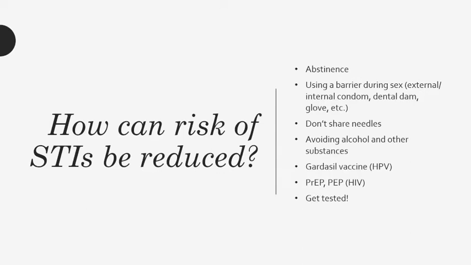Another option for people is PEP and PrEP. So these are both medications that can help prevent HIV. So PrEP, if someone is engaging in some behaviors that could potentially lead to an HIV transmission, they can get on PrEP, which stands for pre-exposure prophylaxis, and it's a pill that you take every day to help keep HIV from taking hold in the body. It puts a bubble around the white blood cells that makes it so HIV can't attack those white blood cells.